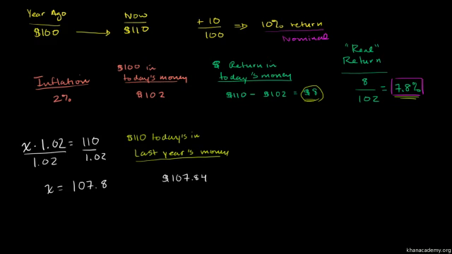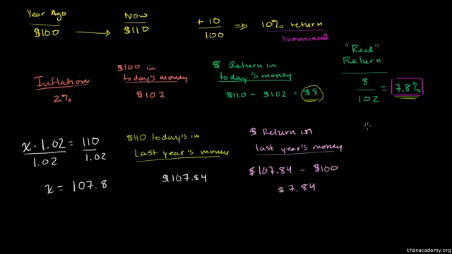So what is our dollar return in last year's money? Well, we ended up with $107.84 in last year's money. And we had originally invested in last year's money $100. So our dollar return is